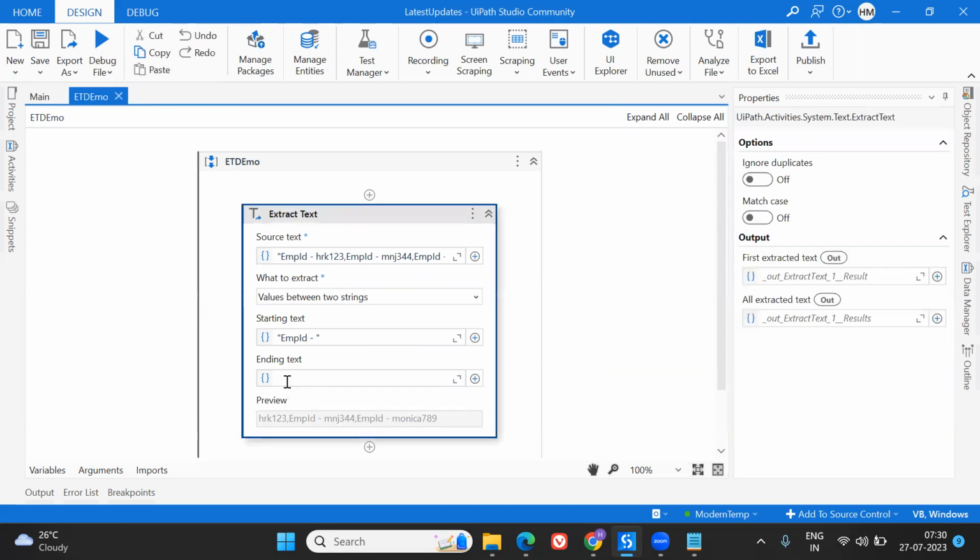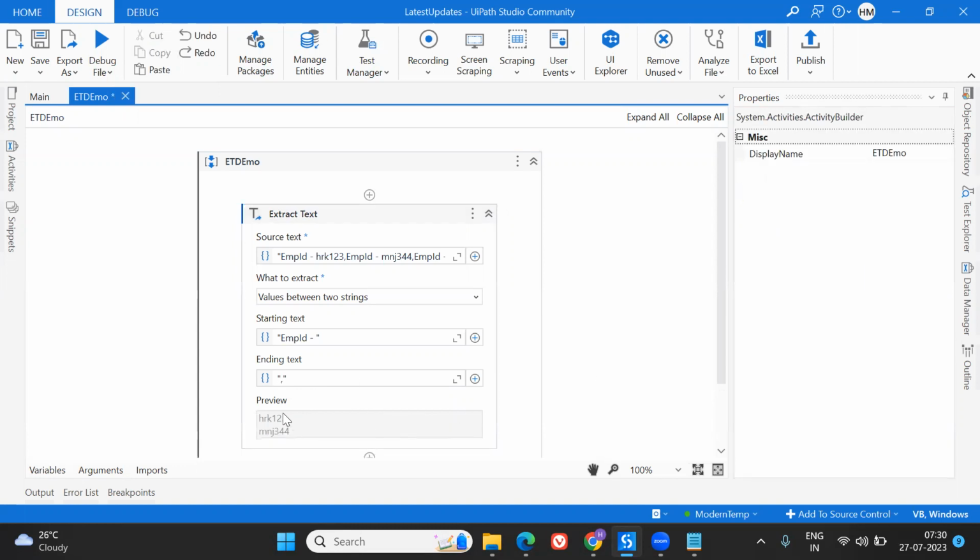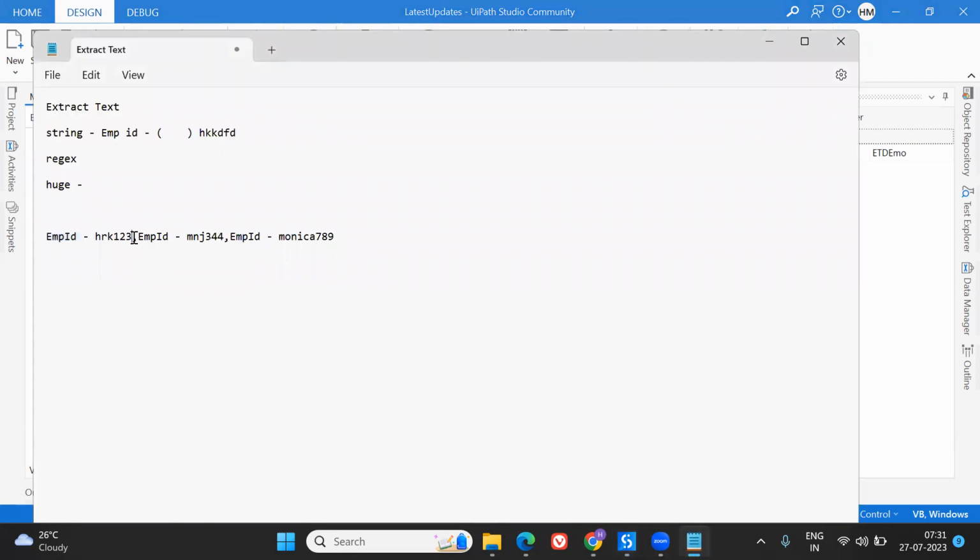So for that, I'm gonna put a comma, and now you can see the preview has changed. But this one is not included. The last employee ID is not included. The reason being, this is not following a pattern, and also the last employee ID is not ending with a comma, right? So in that case, you have to make sure that you follow a pattern. What I mean by that, you can follow a pattern like this,